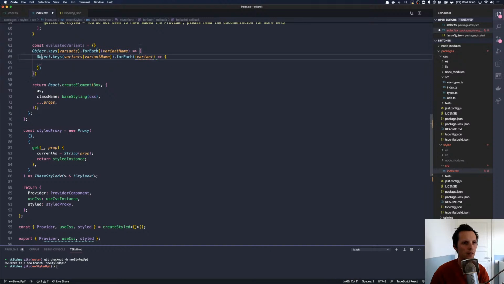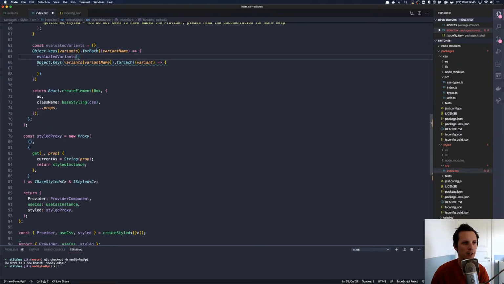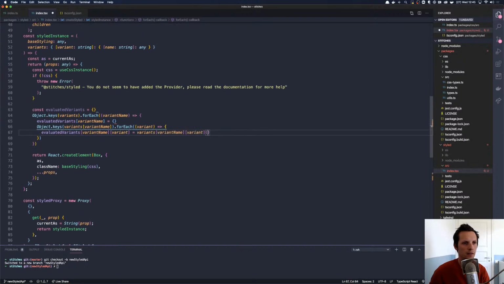Yeah, so up here we want to say evaluatedVariants[variantName] will be an empty object, and then we will be able to safely add the variant by calling it, and then pass in the instance, and that should return our evaluated